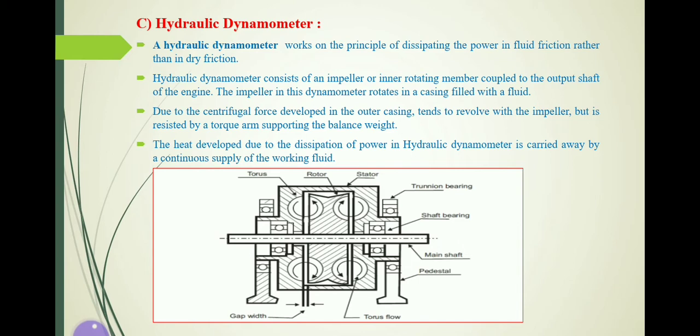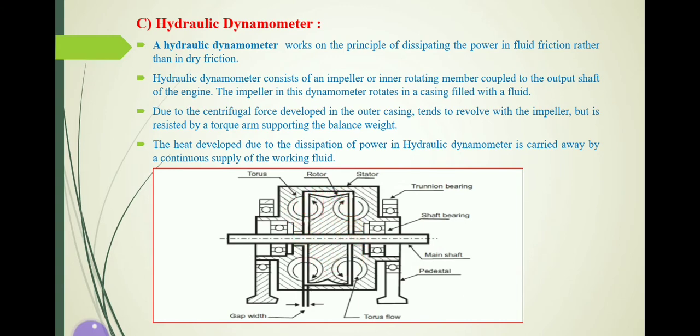So in whatever gap width is available, at this point we are going to insert the liquid between the stator and rotor, and we are going to increase the pressure of the liquid which is available between the stator and rotor here. So what will happen now? If the main shaft rotates, the rotor will rotate, but that rotor has to pass through the liquid which is surrounding this rotor, so that liquid will offer some amount of resistance to this rotor and the speed of the rotor is going to be decreased.